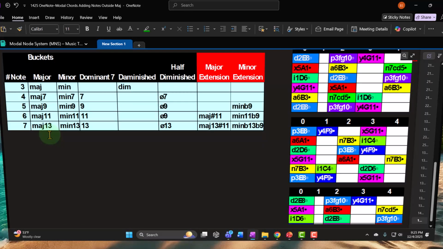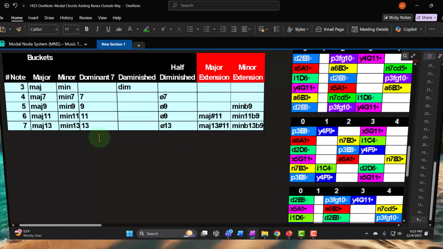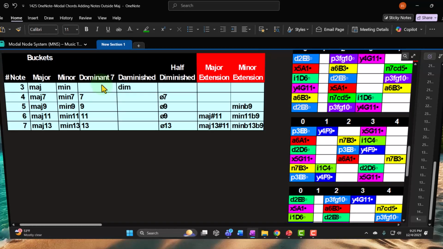However, where there are deviations from the distance on those other 2 nodes, you're going to end up with a major extension, funny things happening to the name, or even its own breakout over here on the dominant 7, which happened with the Mixolydian. They needed a whole other bucket just to deal with all the things that happen after